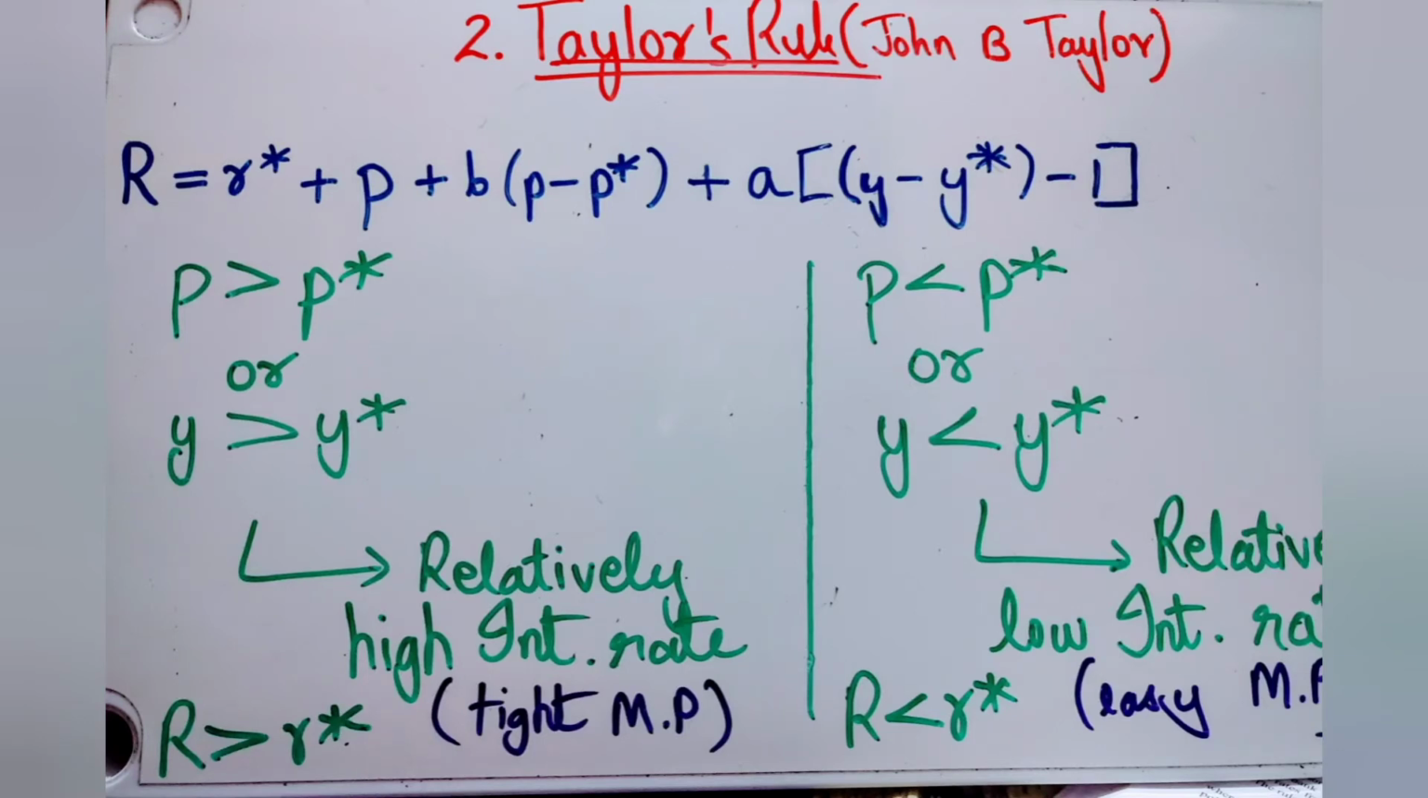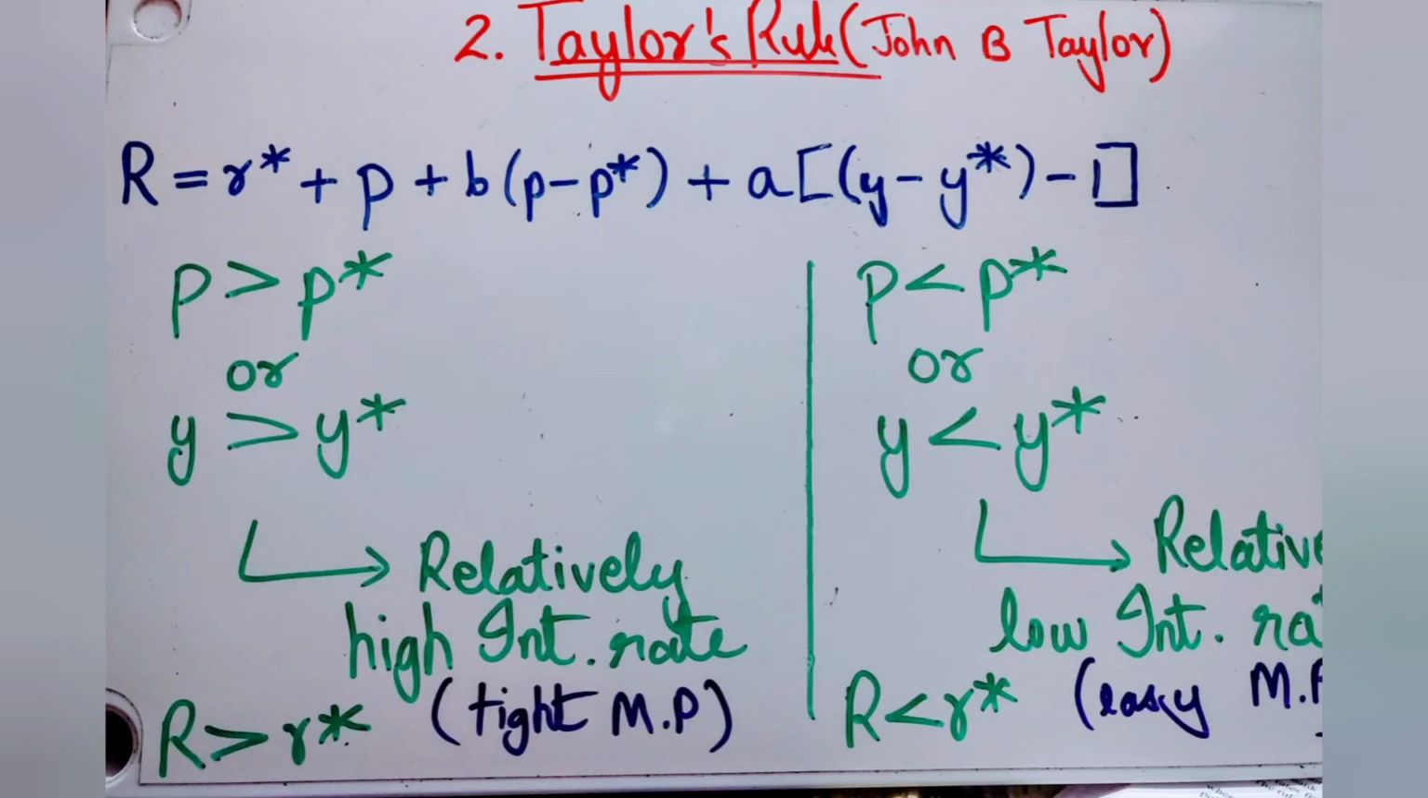By Taylor's rule, we can conclude that whenever the actual inflation is more than the targeted inflation, or whenever the actual output is greater than the targeted output, at that time this rule would suggest a relatively high interest rate. And whenever the situation is vice versa, that is whenever the actual inflation is lesser than the targeted inflation,